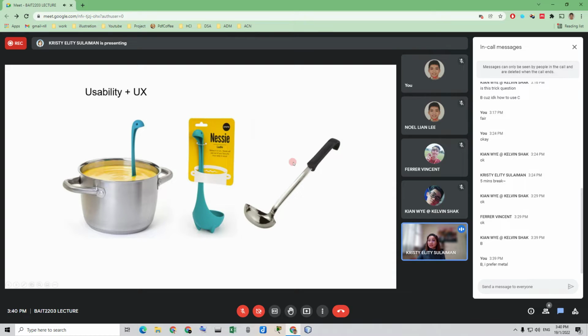So it always goes back to the usability as well as the user experience. If you find this metal one is easier to use, like maybe all of you prefer to use metal, then you go for this one. You always go back to which one makes you feel more comfortable and which one will actually achieve your goal. Both will achieve your goal, right? To get soup from your pot, it's the same, but of course when you go back to the user experience, you need to understand the persona of your user,